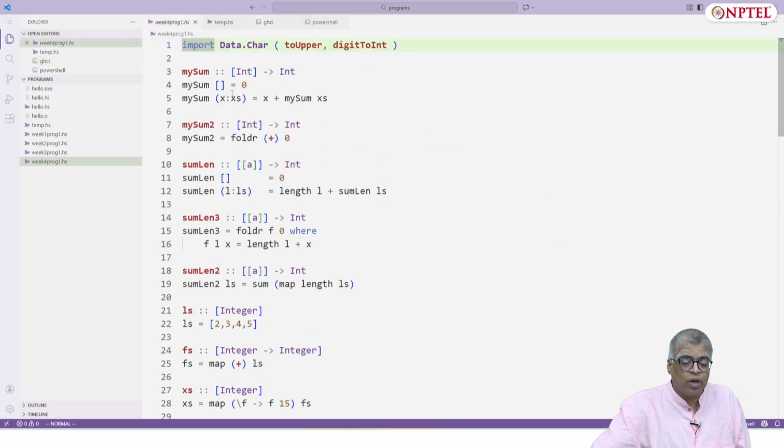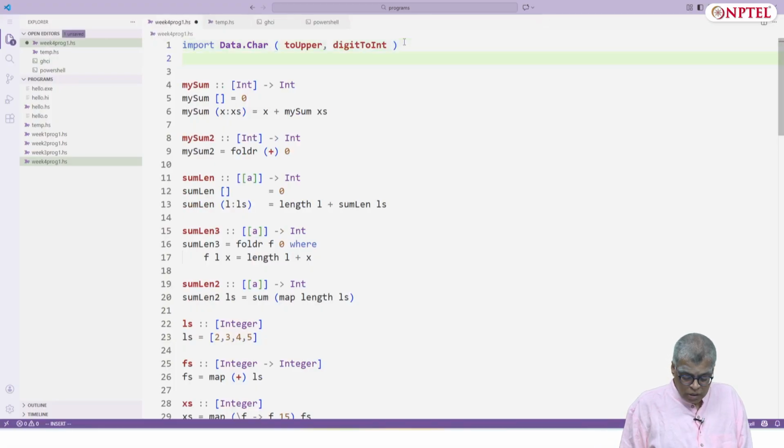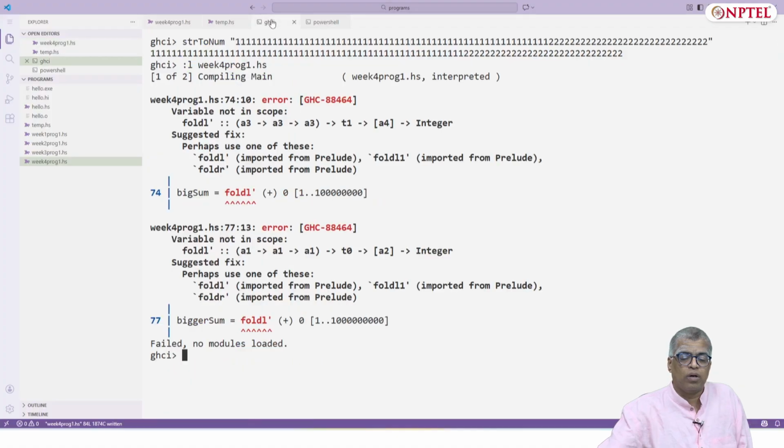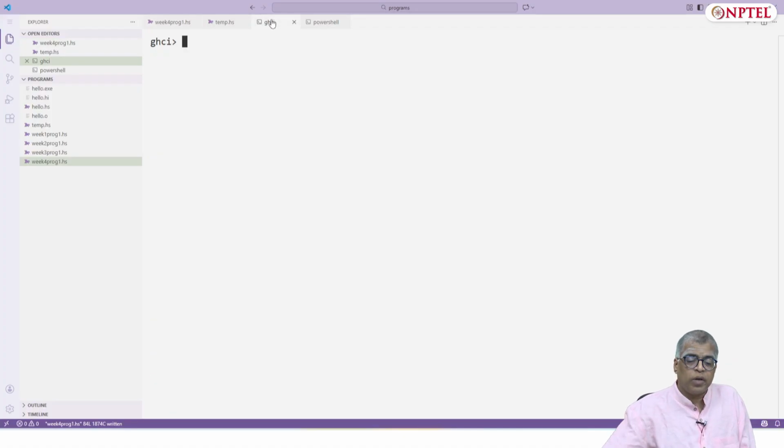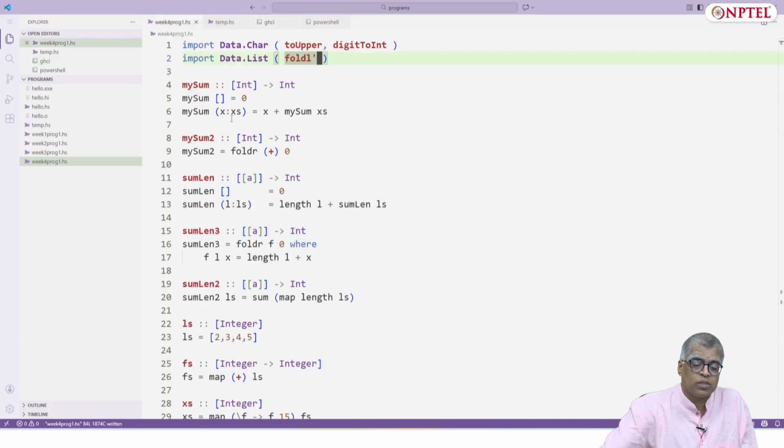That's because I don't have fold L prime. I'll try to make this file available for download, so you can download it and play around with this. Yeah, this compiles. Let me clear this. Let's look at what all is there.